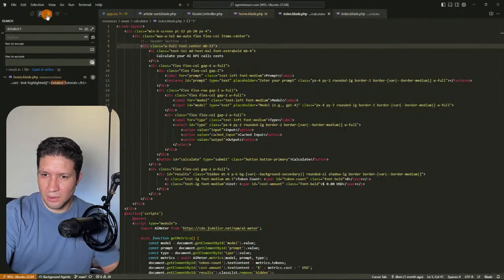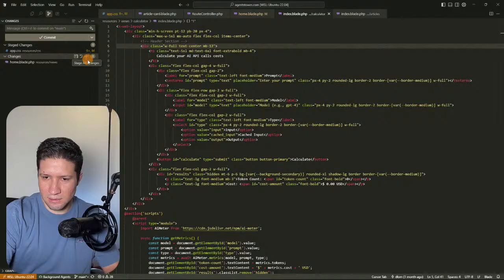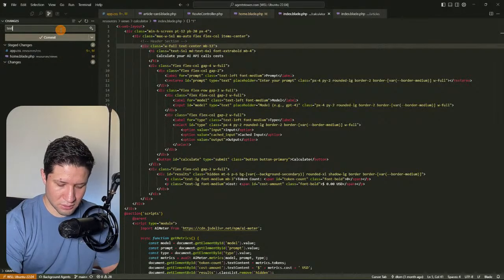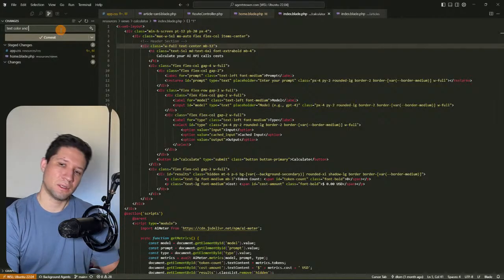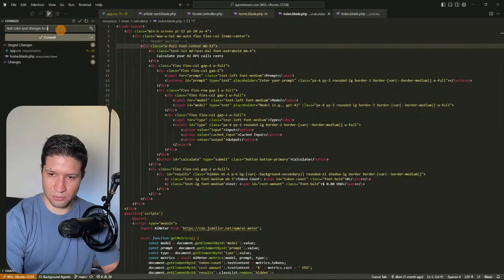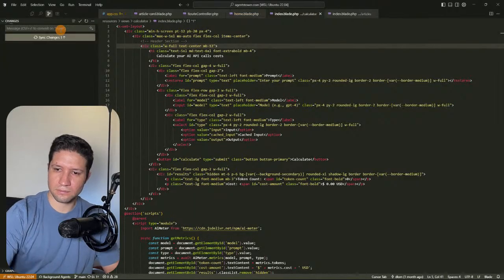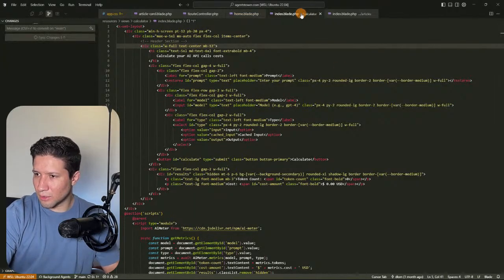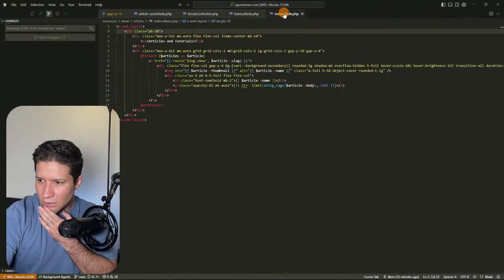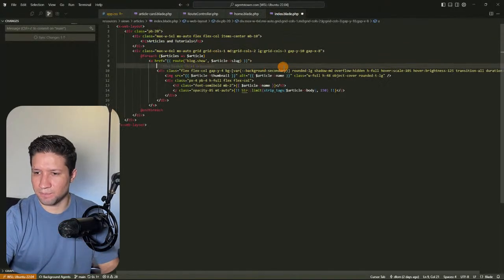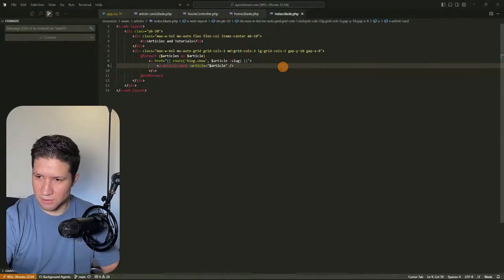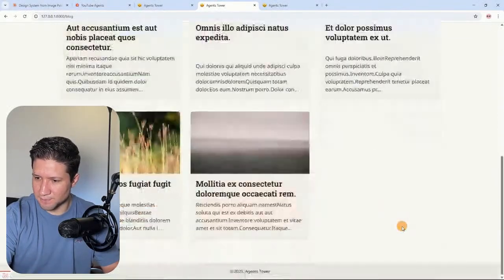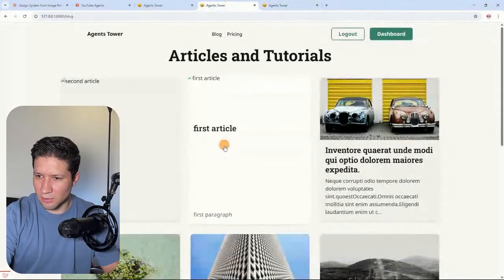So I'm going to change this and text color and change this to short. Okay. So calculator. In here we are going to use the like this. So it's just going to use this and it's going to stay the same. Yes. And now in an article, if I go to an article,